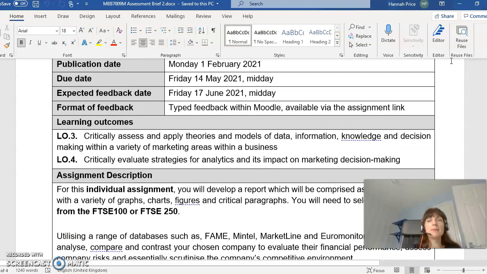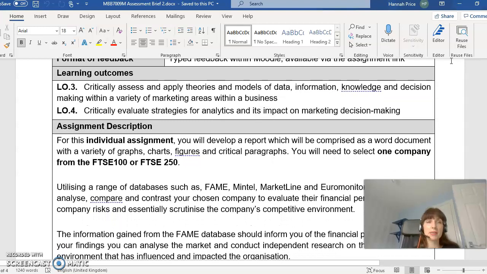It's the same brief as last time. We want you to look at theories and models of data, information, knowledge and decision making within marketing areas. We're also looking for strategies for analytics and how people make decisions in terms of the marketing. Now, the way we assess those learning criteria is by you choosing an organisation from the FTSE 100